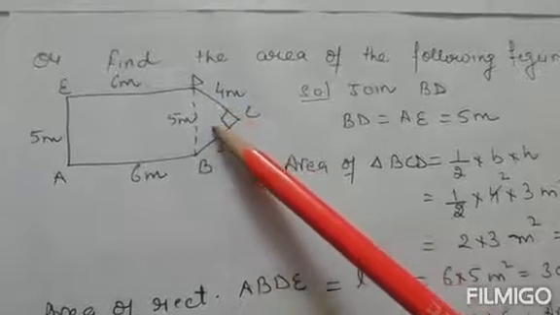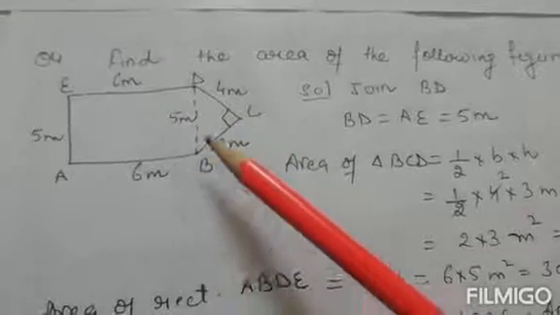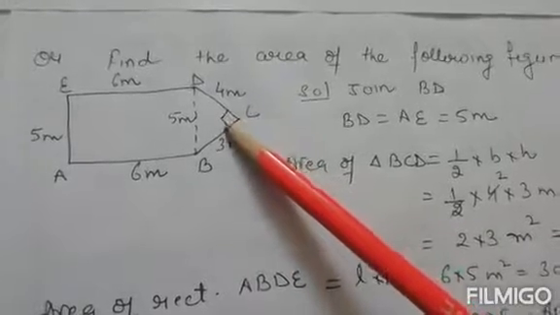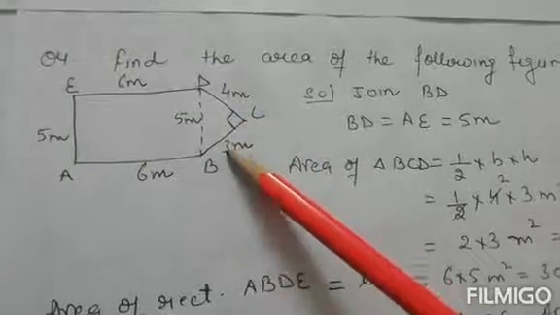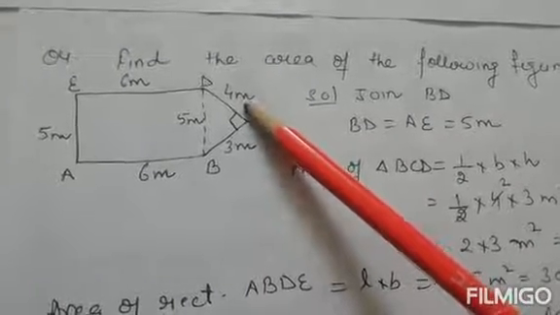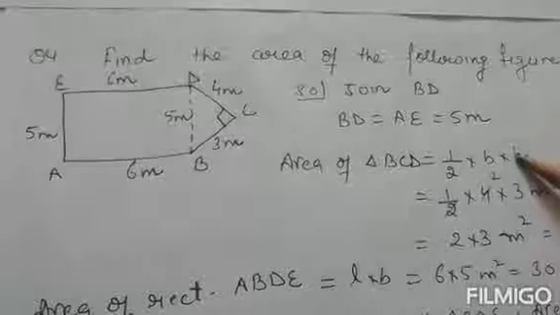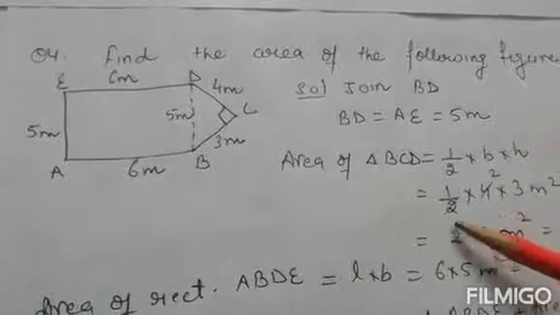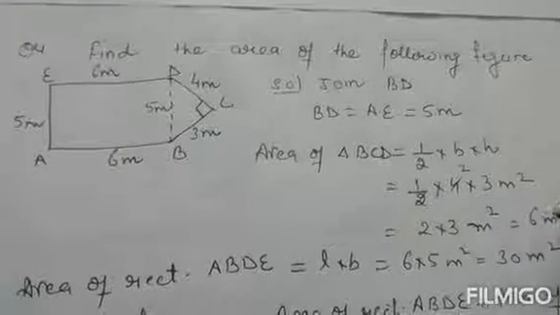So let's first pick up this triangle BCD and find out the area of it. Students, this triangle BCD is a right angle triangle. This is right angle, sign of right angle means 90 degree at vertex C. Base 3 meter, perpendicular 4 meter. Perpendicular is another name of height of the triangle. So we can use the formula area of triangle BCD equals to half of base multiply height. That is equals to half multiply 4 multiply 3. Simplify up and down. You will get it equal to 2 multiply 3 equals to 6 meter square as area of triangle BCD.